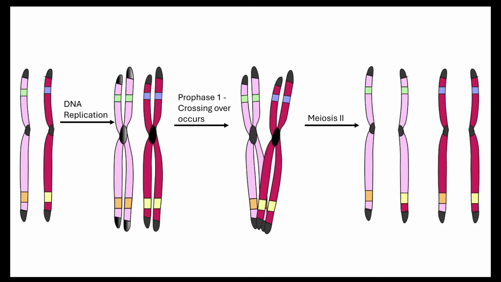So that when we go through meiosis 2, when we pull those chromatids apart, what's happened is they have actually